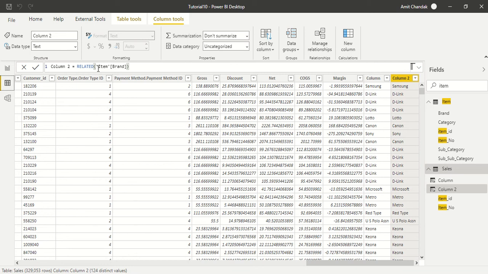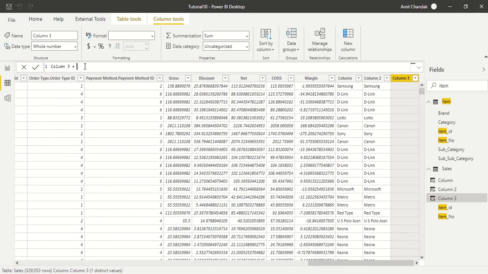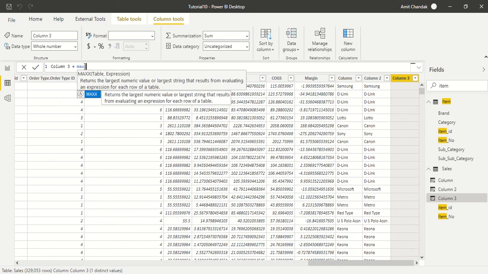Now the third approach is the one which is going to work in both directions, meaning it can work from one to many and many to one. We will try out both sides. Let's first do it here. This is a formula approach basically. What we are going to do is use MAXX, so we are going to have a formula like min max. You can use calculate and filter, or you can use these functions.